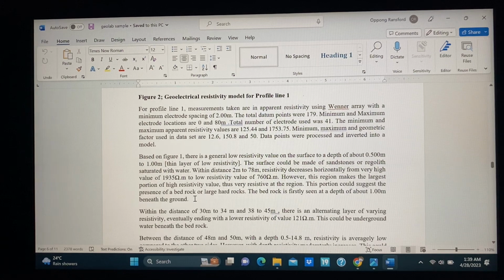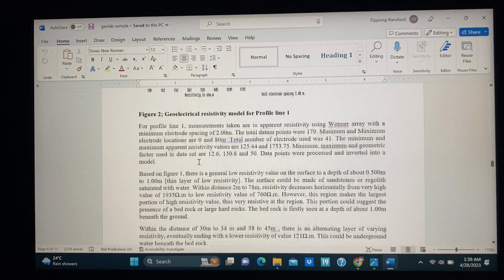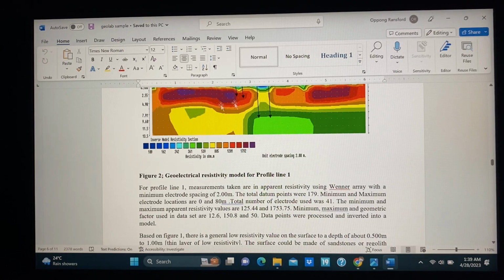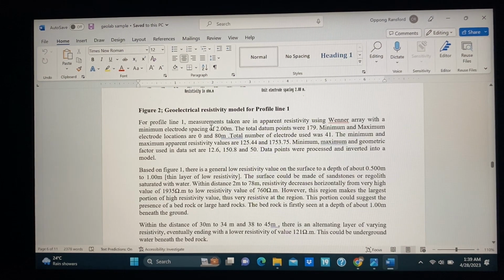Then you come to the whole thing I've just described earlier. So you talk about the different parts. Talk about this part, and let's say this part too. I'll say this diagram is in three parts: the first one, the second part, and the third part. Good. So you just try to talk about them in relation to their resistivity, the depths, and their horizontal